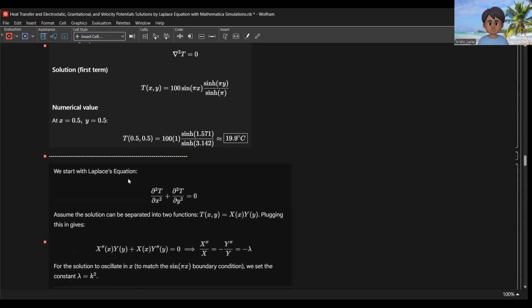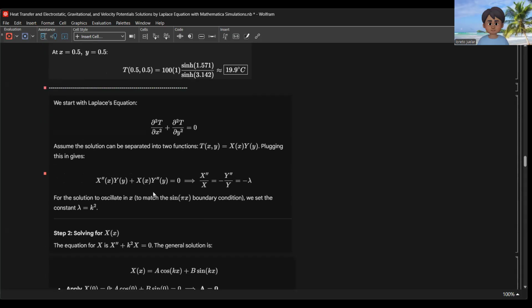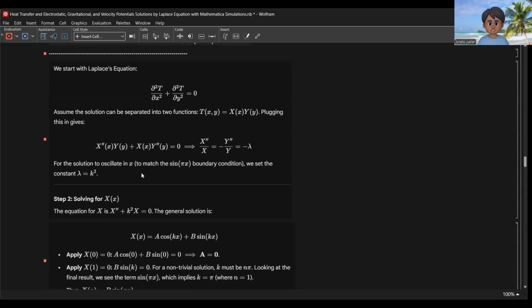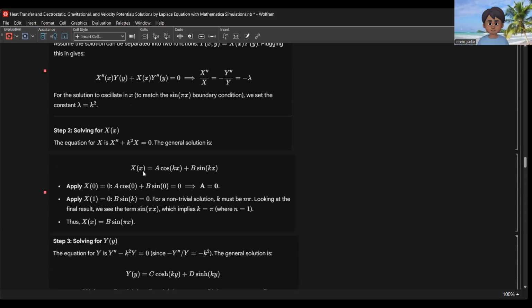Now, we start with the Laplace equation here. We have the equations. I've already discussed the solution of the equation here. X double prime over X equal to negative Y double prime over Y equal to negative lambda. So for the solution to oscillate in x and to match the sine pi x boundary condition, we set the constant lambda equal to k squared. So solving for this equation,